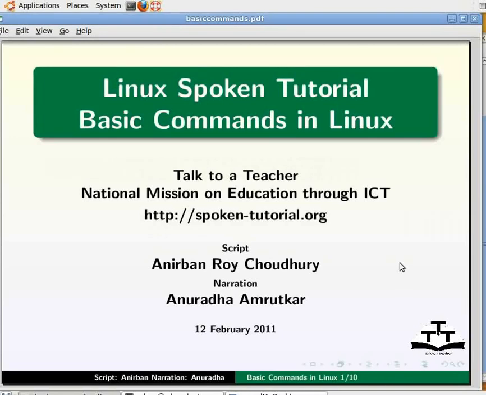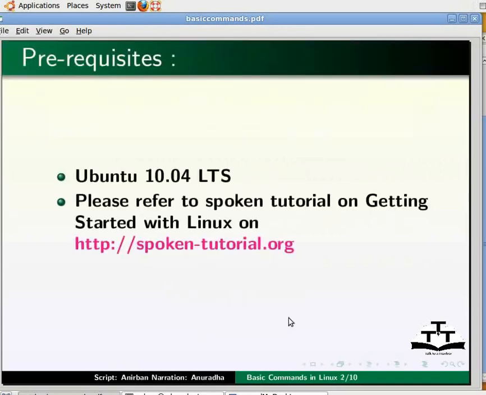Dear friends, welcome to a spoken tutorial on Linux operating system. In this tutorial, we will study some basic commands. I am using Ubuntu 10.04. We assume that you know how to get started with the Linux operating system. If you are interested, it is available through another spoken tutorial on the website